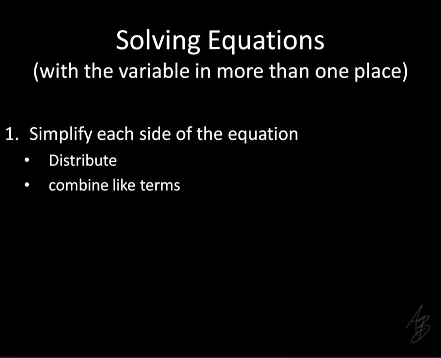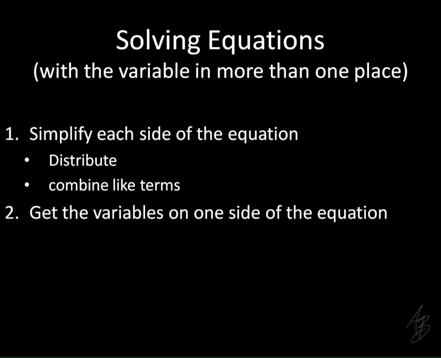The next step, we're going to have to get the variable on one side. So we're going to get the variable on one side of the equation. And to do that, we're going to get rid of the smaller variable. Remember, we did it both ways, and both ways give us the right answer. But when we got rid of the smaller variable, that's the one where we got to divide by the positive number. So we're going to get the variables on one side, and I'm going to use this term, pick on